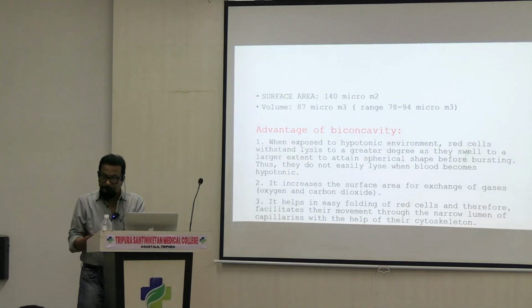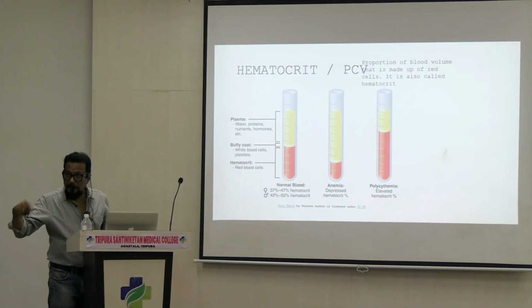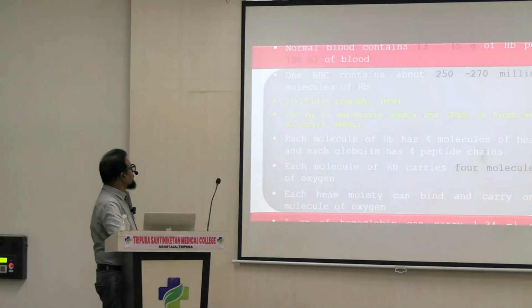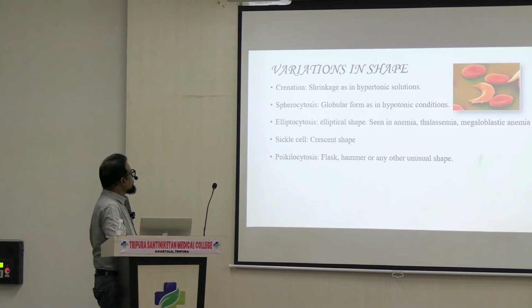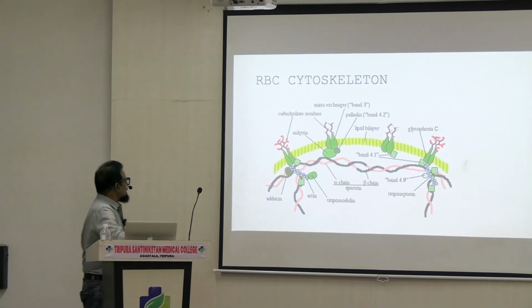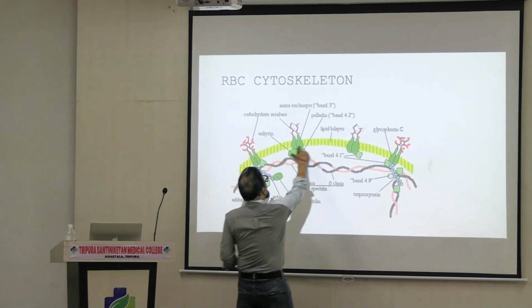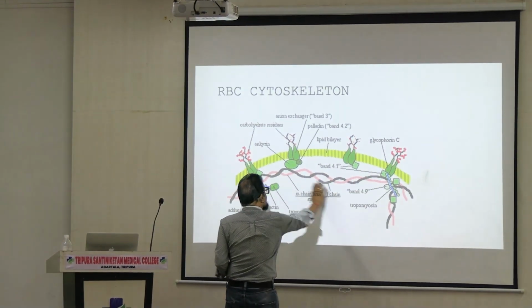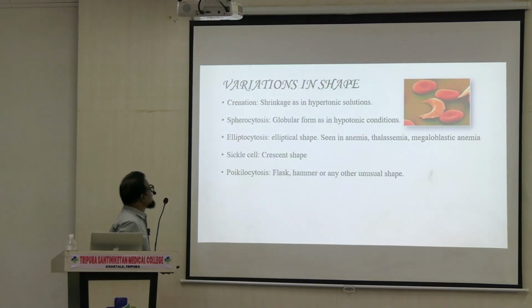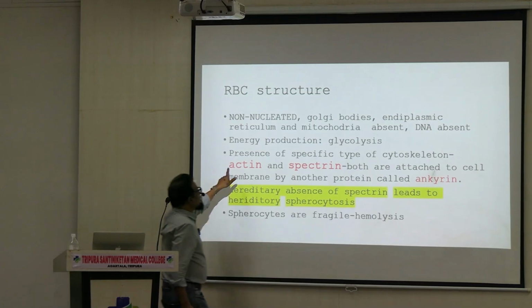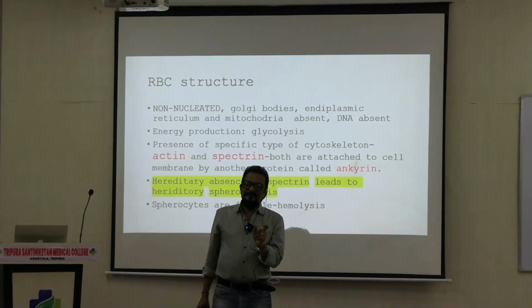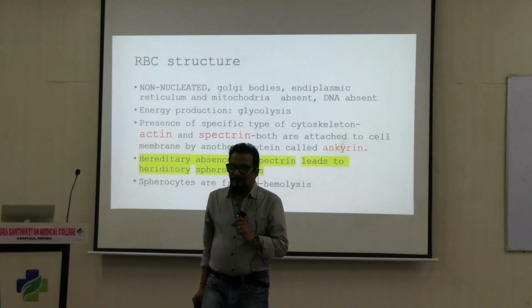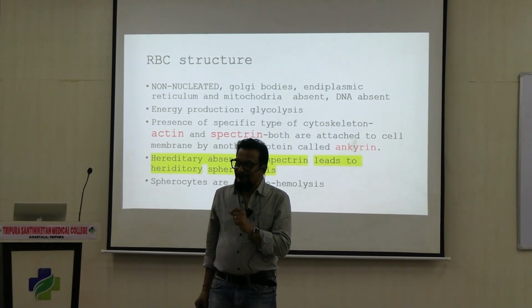Okay, one is actin. Okay, I am coming to this. So these are the cytoskeletons. This is the membrane. And these are the cytoskeleton. The main cytoskeletons are, one is actin, another is spectrin. This spectrin is protein in nature. Since it is protein in nature,